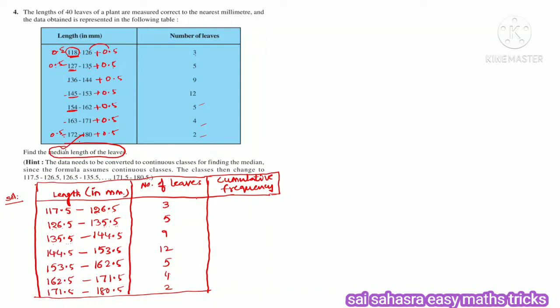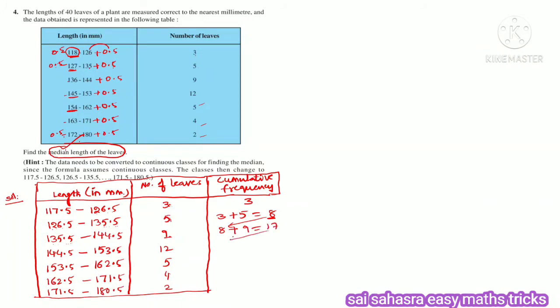Cumulative frequency, how to find out? Just addition of the previous frequencies. All the frequencies we have to add cumulatively. So for 3, before it nothing is there, so it will be 3 only. And this is 5, before it 3. So 3 plus 5 is equal to 8. Next 3 plus 5 plus 9. Instead of adding 3 plus 5 one more time, directly we got 3 plus 5 is 8. That 8 we will write, the previous answer plus that line's frequency. 8 plus 9 is 17.